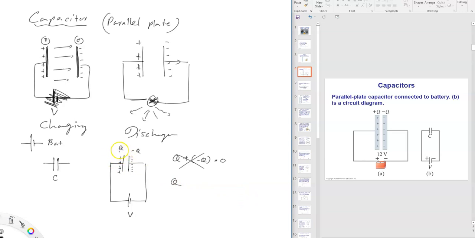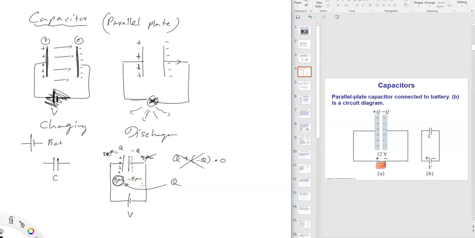We also don't say that it's 2Q, like Q plus Q is 2Q. No, that doesn't work either. It's a charge separation, and it's also equal, right? It's not like this side has 10 microcoulombs and this side has 9 microcoulombs. That doesn't work either. When you connect the capacitor to a battery, it's going to be equal. Like if you have negative 5 microcoulombs here, it will be positive 5 microcoulombs on the other side. It's going to be equal. And whatever that number, the positive number, this is the charge of the capacitor, right? So that's another thing important.